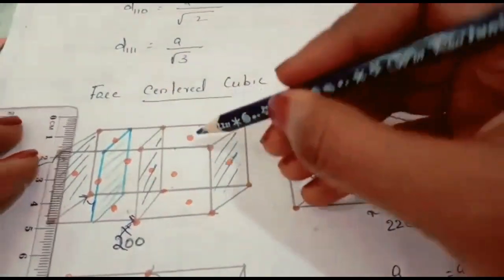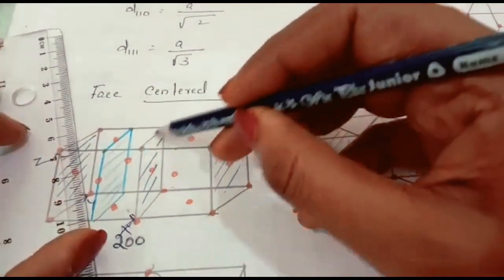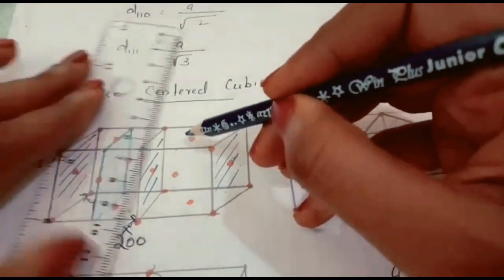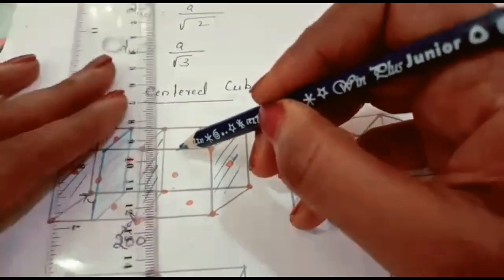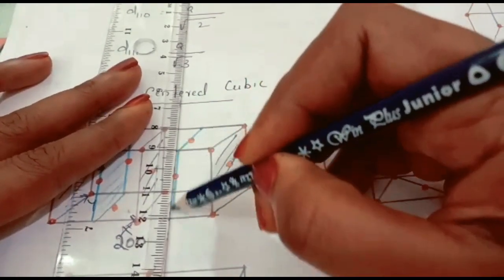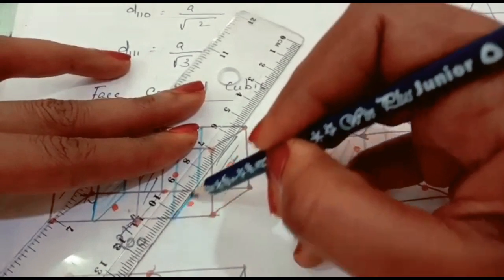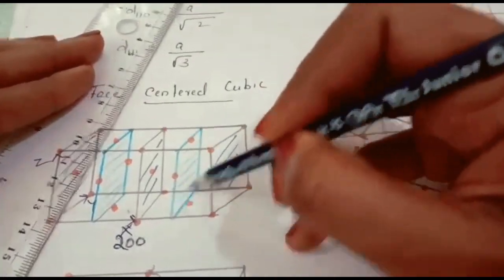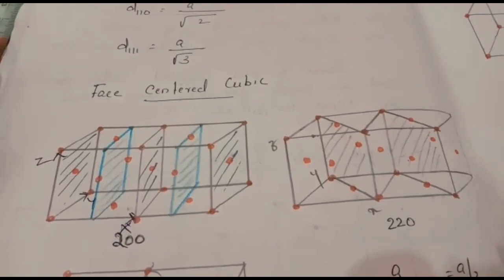Same as here, here also we have to draw. We should not draw in another shape. If the shape is like this, here also the shape should be the same, because these both are parallel planes. Then here it should come down up to this and here. See. These are the planes of the face-centered cubic lattice. It's a 100 plane of FCC.